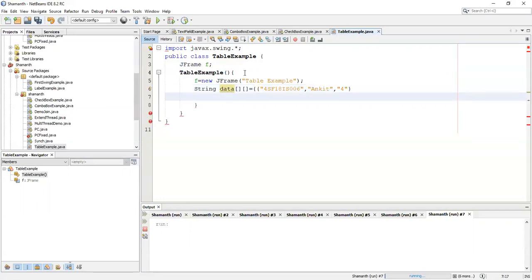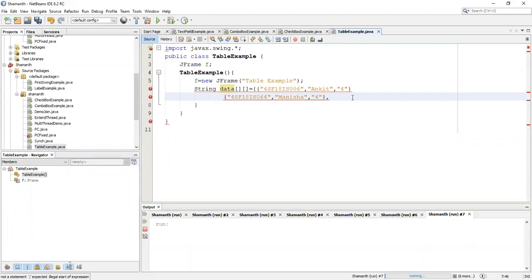Now come to the second one. The first is the USN, 4SF18IS064, comma. Let's keep the name as Manisha. Then semester is again 4. Close it.